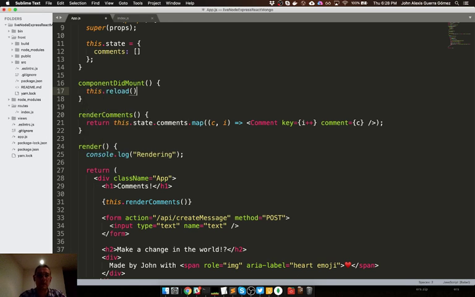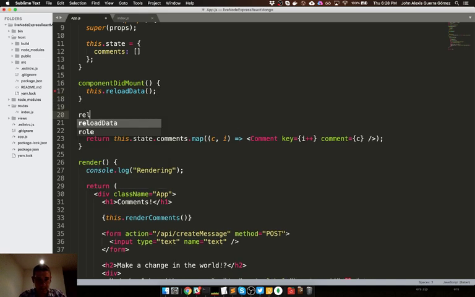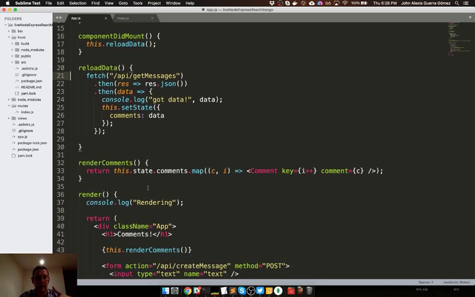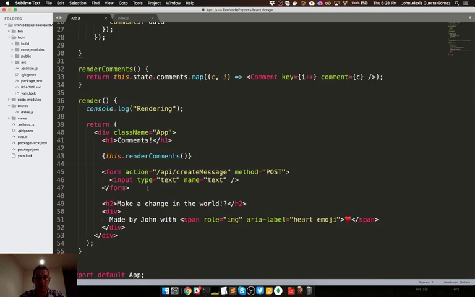So reload data. And then we can have a reload data here that just does the fetch. And since I know I need to get the new fetch the moment I add a new comment, and that it's happening here,